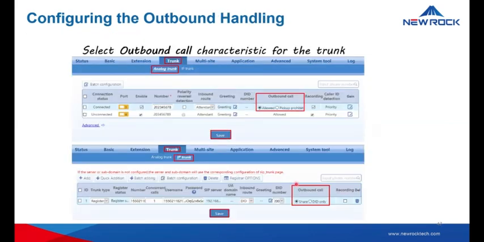Then for outbound handling, you select trunk, analog trunk. Now for outbound call, since you select attendant, you have two options. Allowed means allowed to make outbound calls, or prohibit means it's not allowed to make outbound calls. Now, if you select DID, you have only two options. Either share, meaning other extensions can make a call, or only to a specific DID number, so that extension 200 can make an outbound call. So that is how to set the outbound handling.